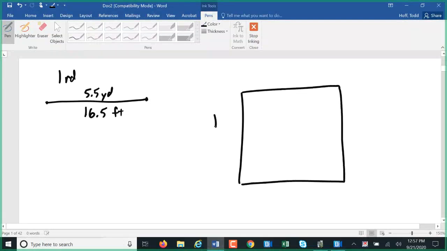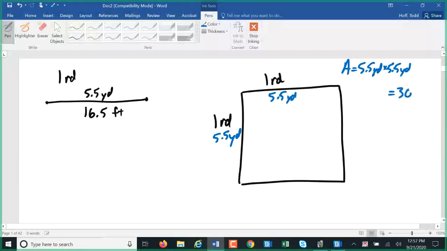So if I have a square rod, of course that's 1 rod by 1 rod, that's either 5.5 yards by 5.5 yards, which would give us an area of 30.25 square yards,